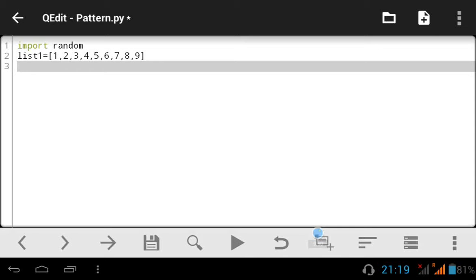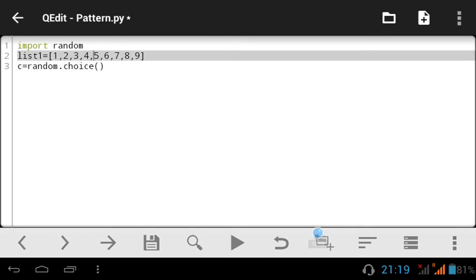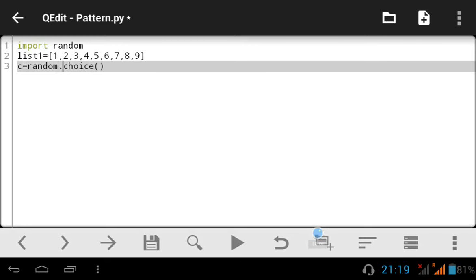In that case you use the function called choice. In the choice function you have to pass a sequence as the parameter. Here list1 contains a sequence, so we can pass list1 as its parameter. Now if I print it